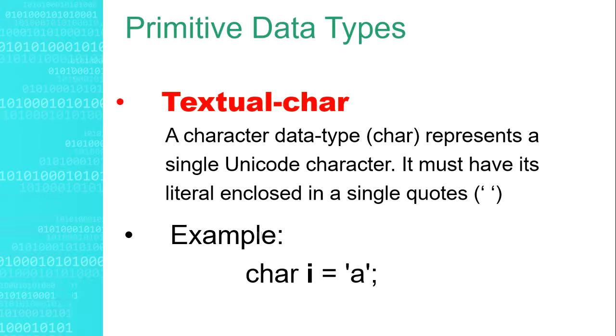A primitive data type is a simple non-object data type that represents a single value. The Java programming language defines 8 primitive data types, namely boolean for logical, char for textual, byte, short, int, or long for integral, double and float for floating point. Textual, char. A character data type, or char, represents a single Unicode character. It must have its literal enclosed in single quotes. Example: char i = 'A';